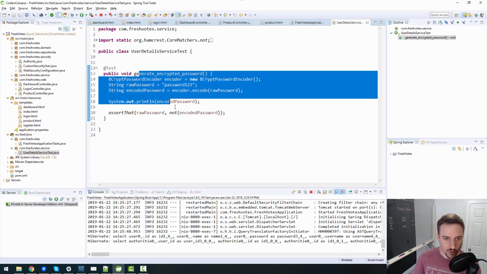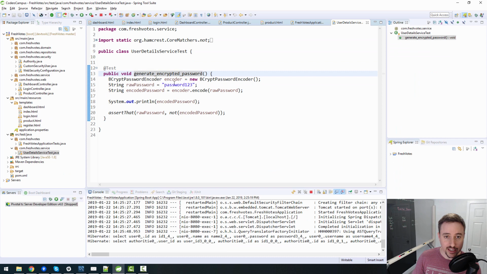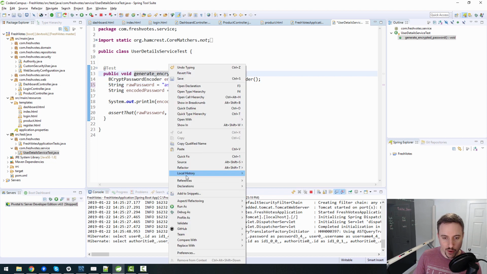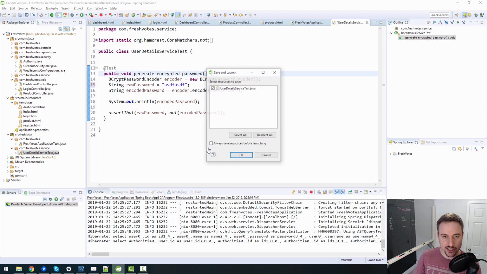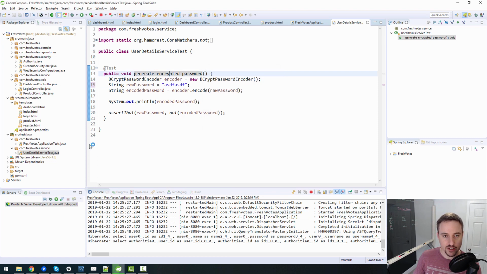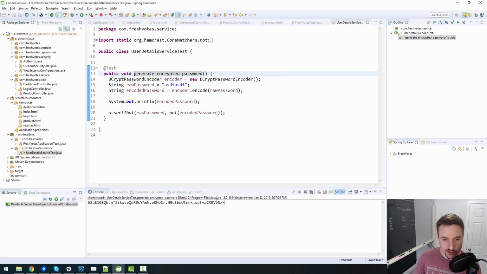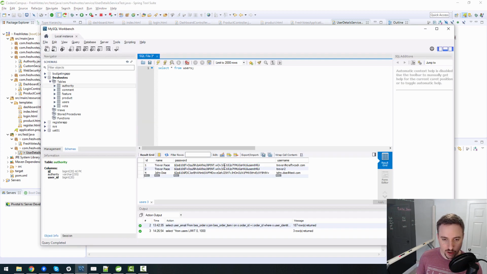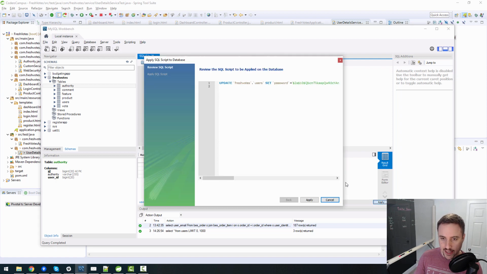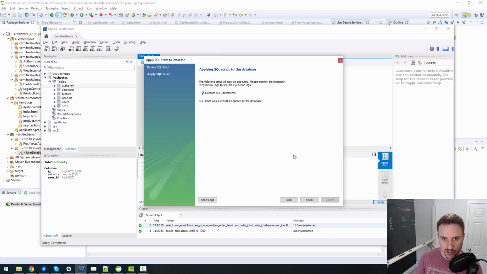We have a little test case that will encrypt it for us, so generate that encryption string. I'm going to just use ASDF as a password because I'm lazy, and I'm going to encrypt that. I'm going to run this as a JUnit test. Ooh, I need to save it first. Yes, save it first, and then that will spit out this string, which I will copy and paste into my database. I'll overwrite what I have there for the Trevor@CraftyCoder user, and I will apply that, and it'll run an update statement, and it'll update that